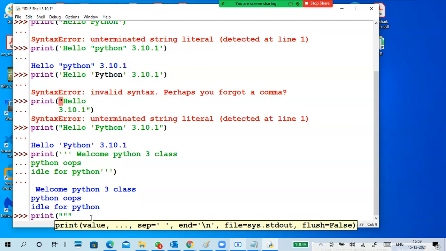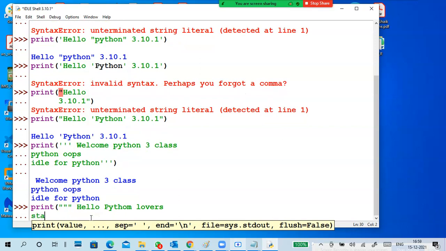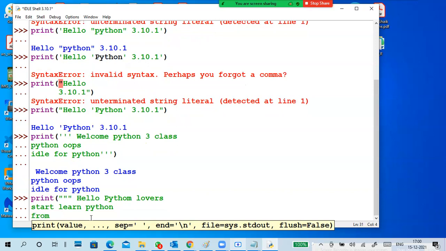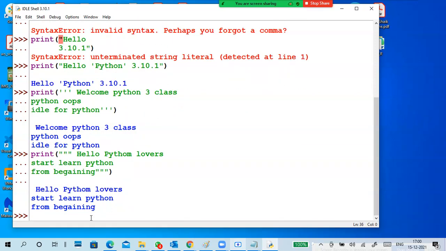Like three double quotes, then start writing, hello Python lovers, start learning Python from the beginning. So end with three double quotes. So start with three double quotes, end with three double quotes. This is how you can write it. Okay,